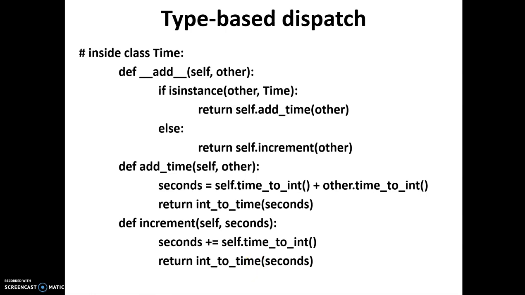In simple words, you can define type based dispatch as follows: before performing any operation on the objects, you check the type of the object. If it is an object, you perform the definition you have defined for two objects. If any one of the operands is not an object but another type, then you check for that instance, and proceed to the operations associated with the object and that other type.